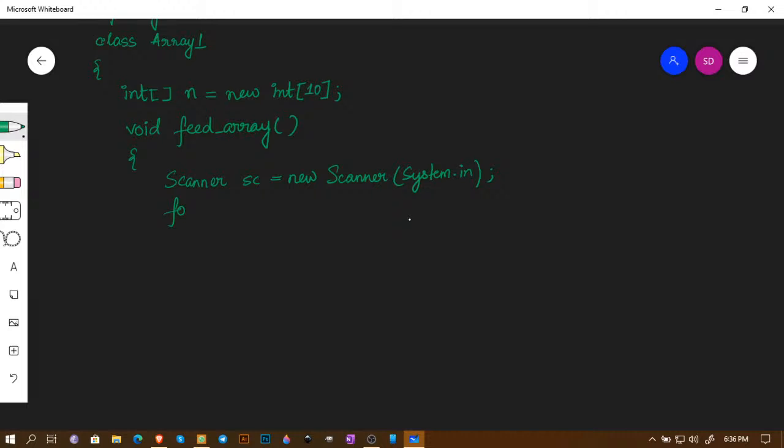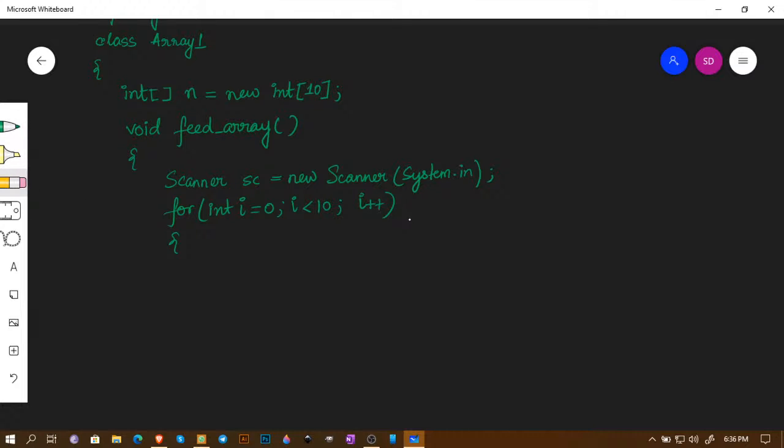Now I'll have the for loop, to enter numbers into the array. So it will start with 0 as usual. It will go up till before 10. So it will run 10 times from 0 to 9. And inside I'll have